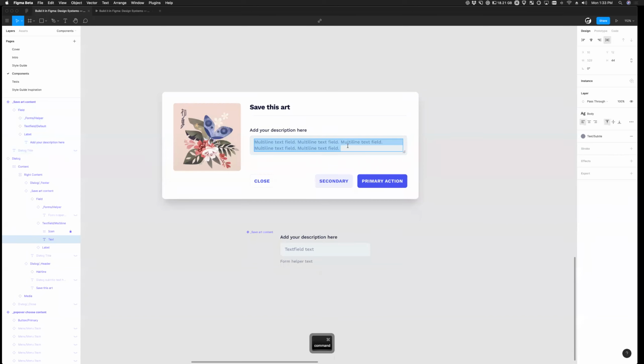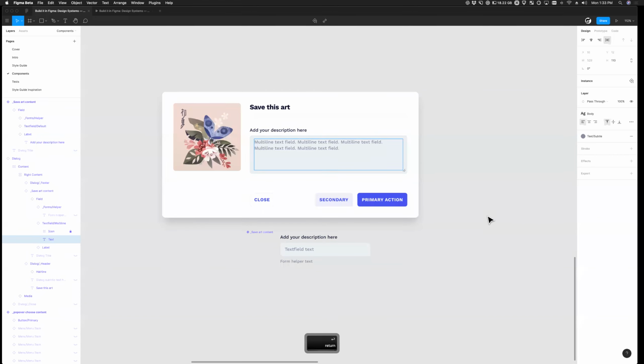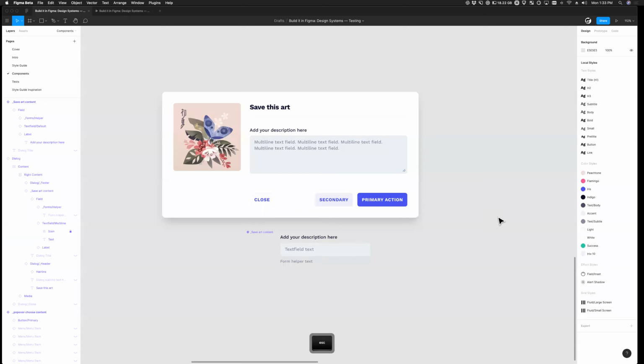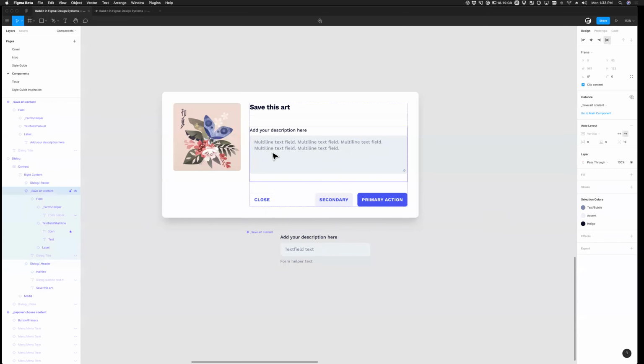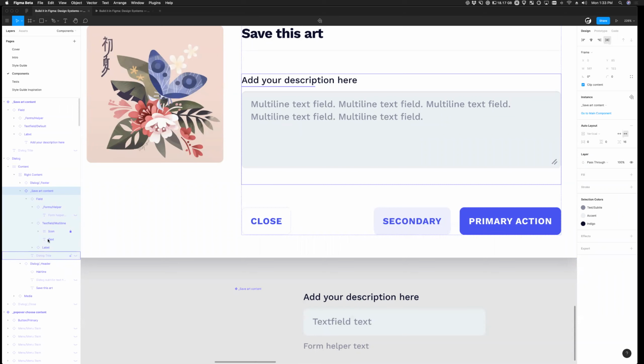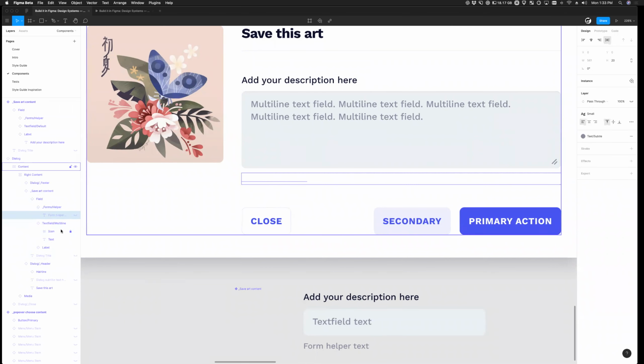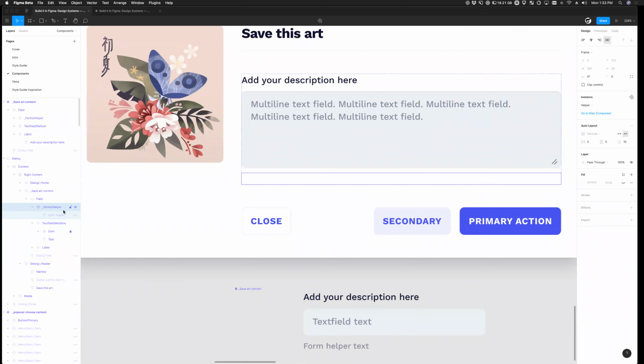Now, how would I create, do I just add in more lines? Okay, and so in this way, we're going to be able to test out whether or not this will work within components because we're nesting them and we're swapping them. One thing that I did notice is that this still has this gap down here. And why does it? It looks like it's because I turned off this text here, but I didn't turn off this here. So that may be a conversation you have to have with your developers and designers,